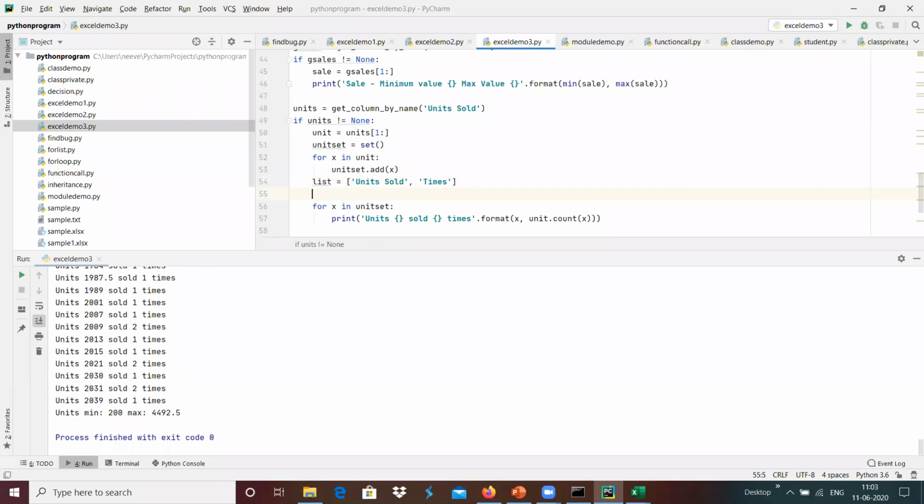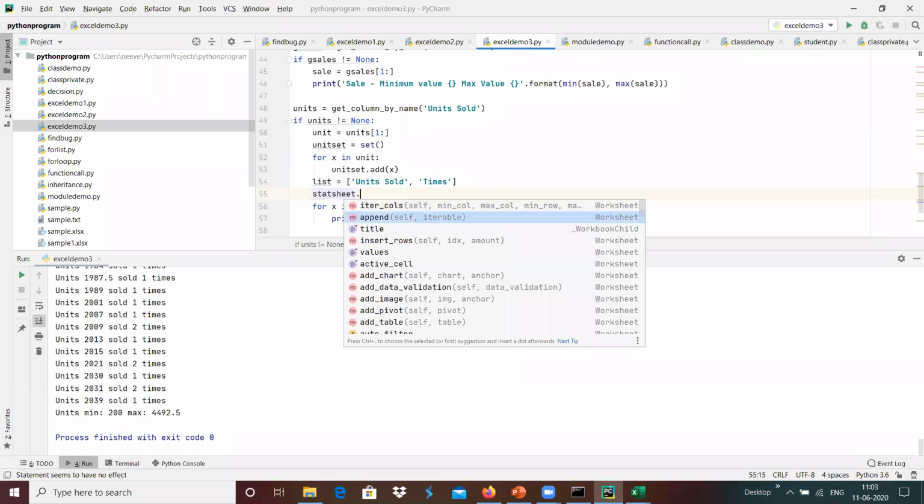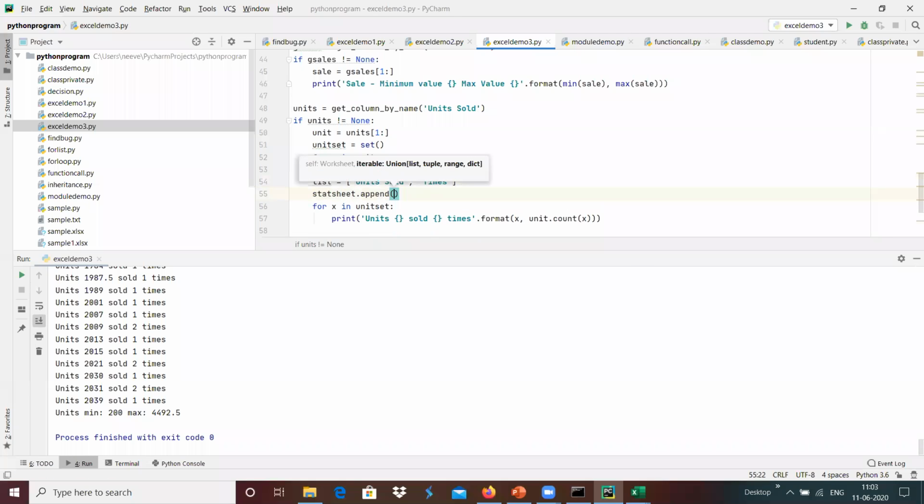And I'm going to do this update over here. For example, stats sheet dot append, a list I'm going to add over here.